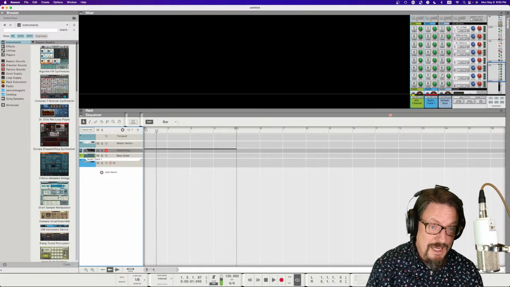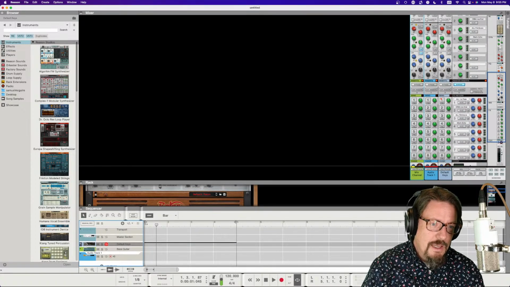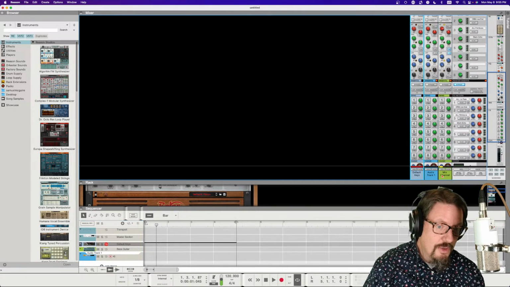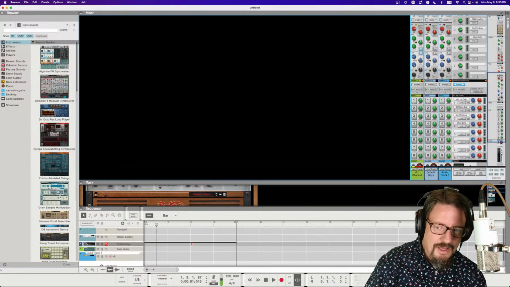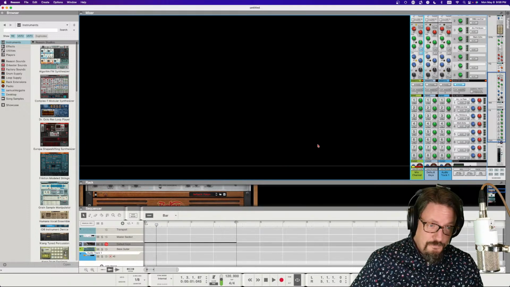I like the mixer feel. It's like I wish Logic had a better set of basic tools in the mixer. I am going to show you one thing here. Look, you can move mixer channels without having to do anything in the sequencer. That's better than Logic right there. But